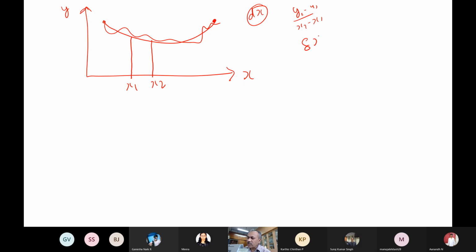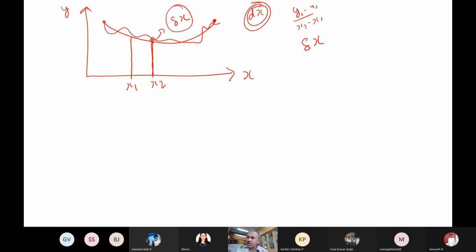But when I say dou x, it is at the same x value. Follow? So we are finding the difference between two paths. Dou x is not like x2 minus x1; x is the same. At the same point, the difference between two paths is denoted by this expression, whereas dx means two different x values. So you should keep this in mind.